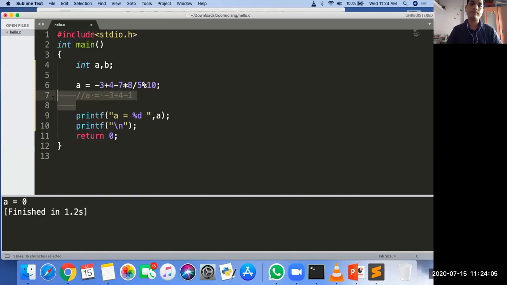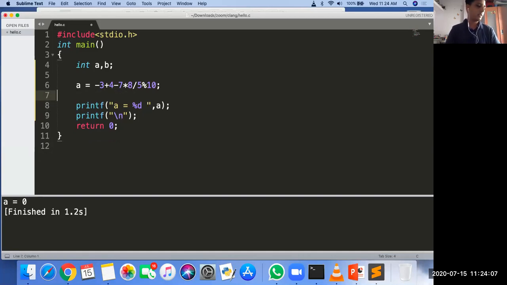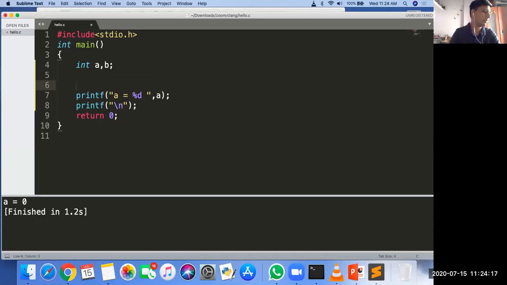So the answer is 0. You must know the steps to be followed: which operator has the highest priority, and if two operators of the same priority come in an expression, what you need to check.